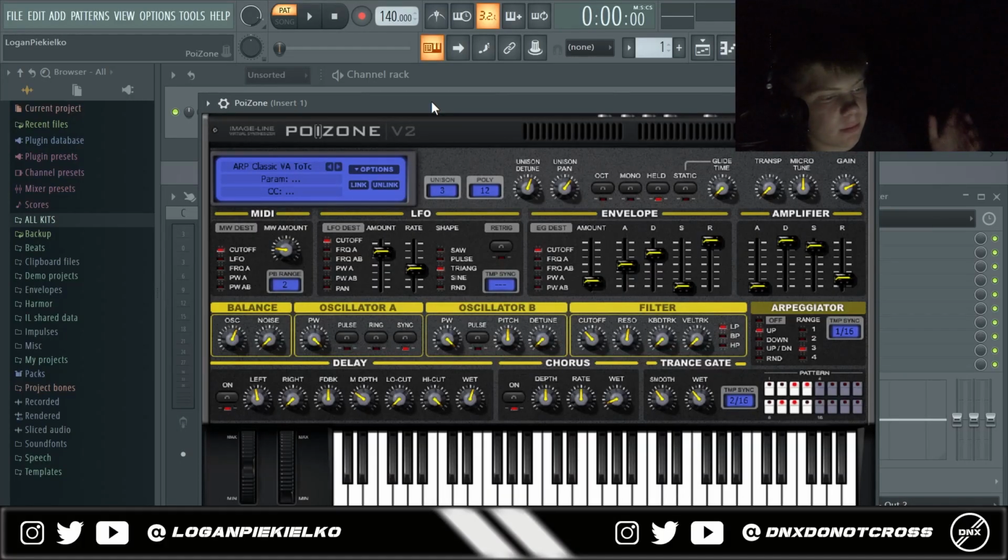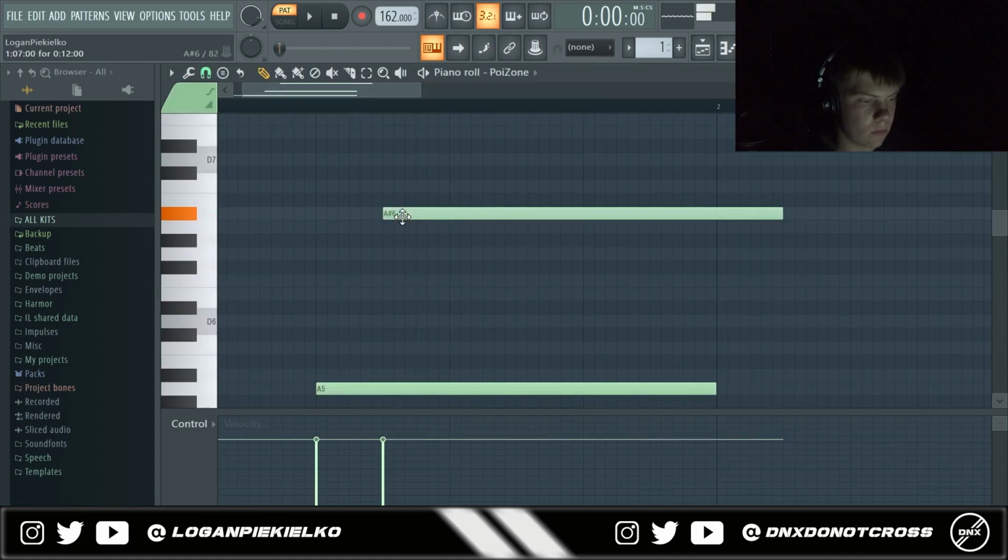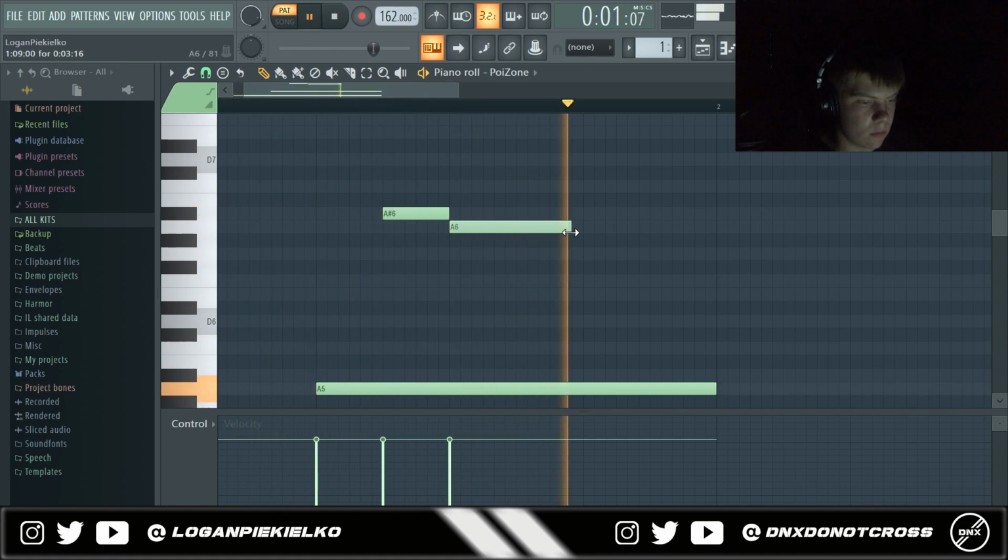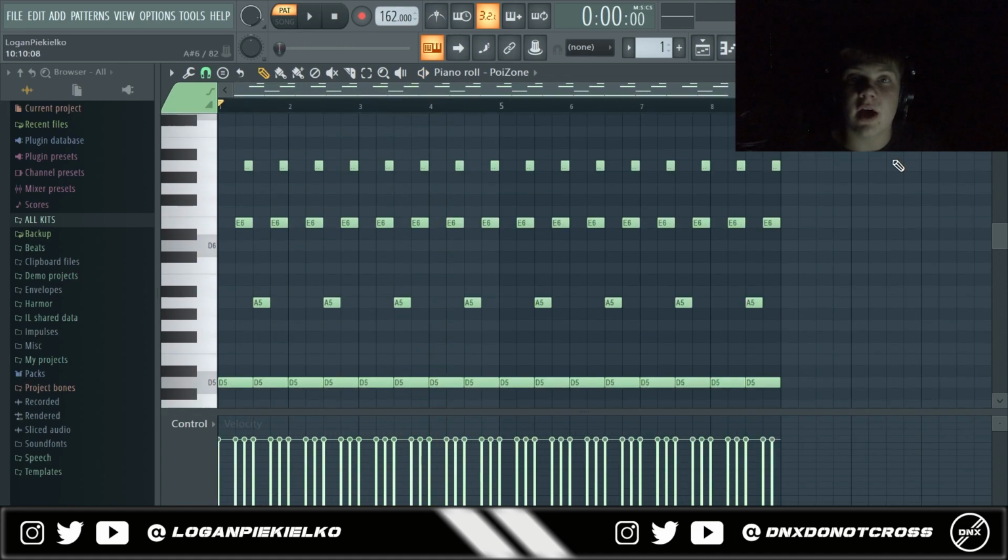First, I'm gonna pull up Poison, and this is actually one of my favorite plugins that I've been using recently. It's a stock FL Studio plugin, so if you have FL, it has a lot of cool pads and keys in here, so I'm gonna go through the sounds and try to make a little pattern with it. Okay, so I got a little pattern laid out here, and I'm gonna play what it sounds like. Very simple, very repetitive, but now we're gonna add the real sauce to it,